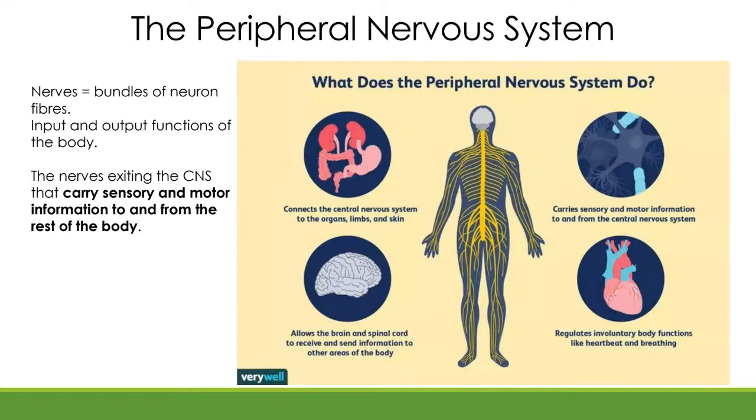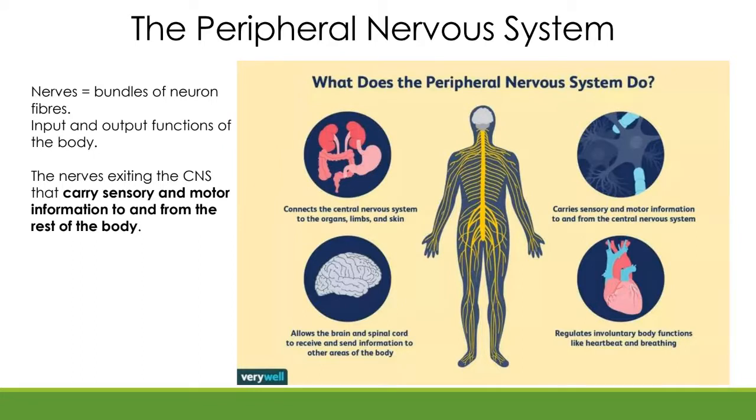Our peripheral nervous system carries sensory and motor information to and away from the central nervous system. So putting our hand on the hot plate, sensory information is carried to our central nervous system. From the central nervous system, it's processed and transmitted back to our motor nervous system, which causes us to pull our hand away. So it allows the brain and the spinal cord to receive and send information to other parts